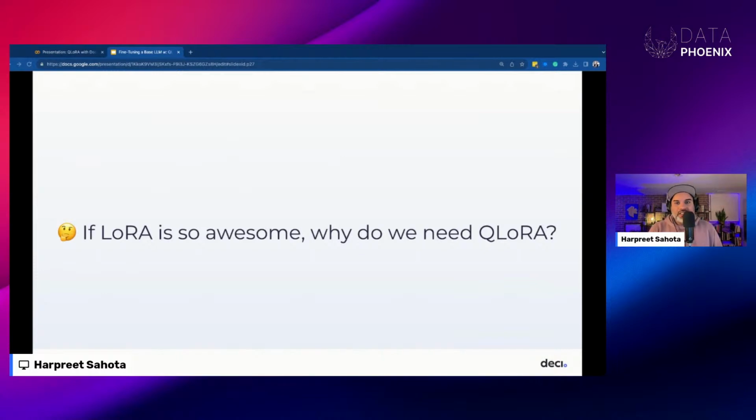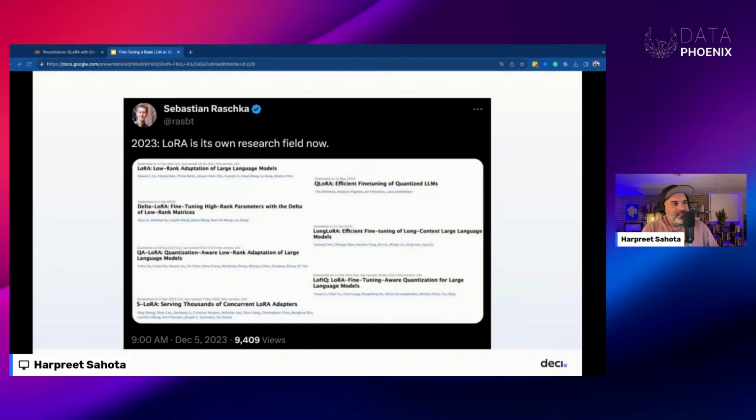So if LoRA is so awesome, then why do we need QLoRA? Well, the one thing about LoRA is that, in a tweet from Sebastian Raschka just yesterday, LoRA is becoming its own research field. There's so much happening in LoRA nowadays. We started with the idea from 2021, and you can see over the last couple of years that there's been a lot of groundbreaking work. But specifically for our purposes,